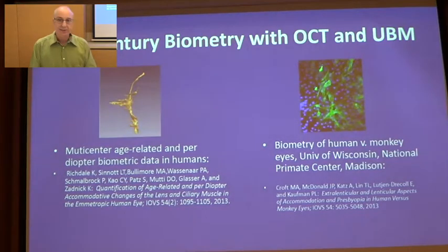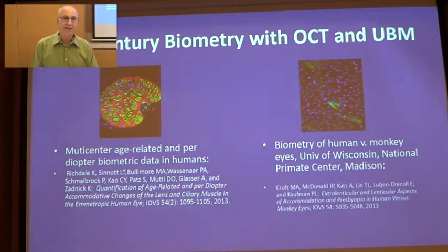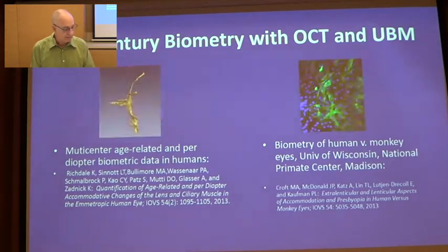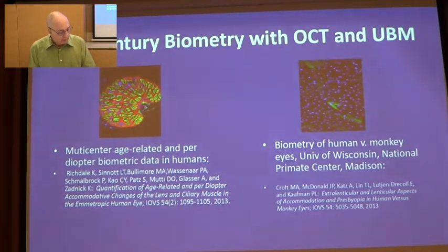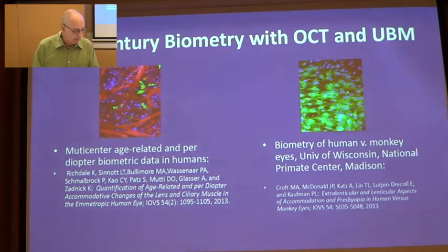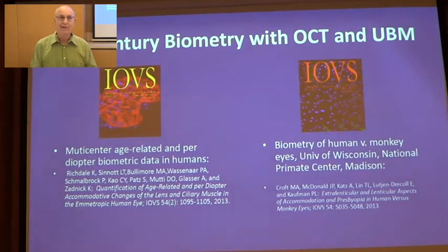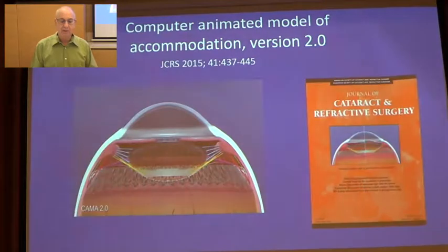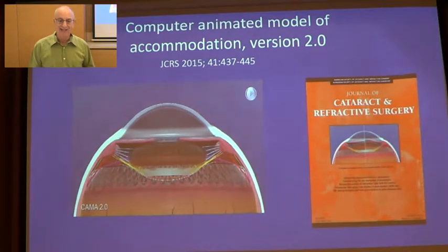Two fantastic studies published in 2013 document quantification of age-related and per diopter accommodative changes in the emmetropic human eye. That's the Ridgedale study. And as well, there are critical biometric measures of extralenticular structures provided in the Croft study. That enabled me to size the elements in the model and to develop a much more anatomically accurate